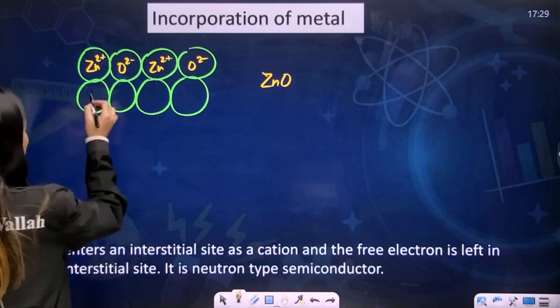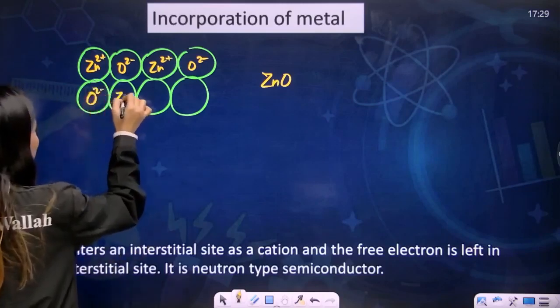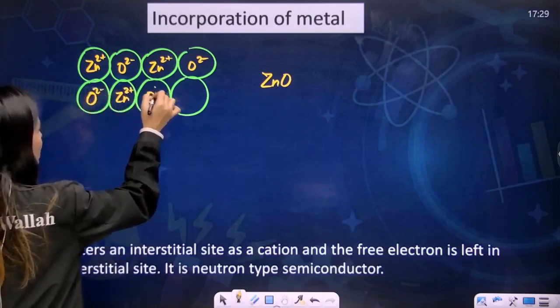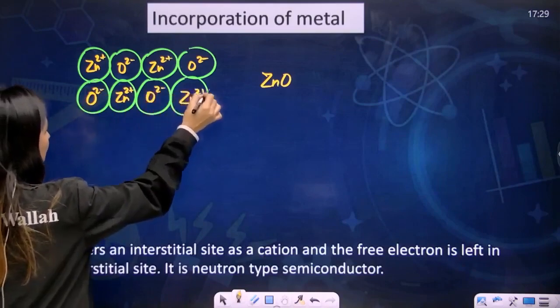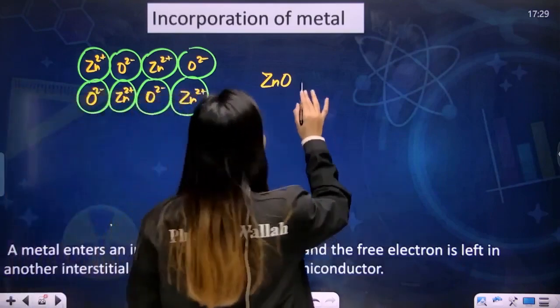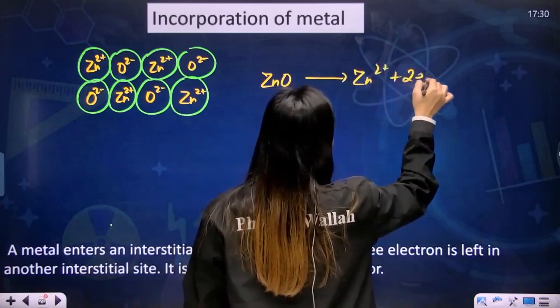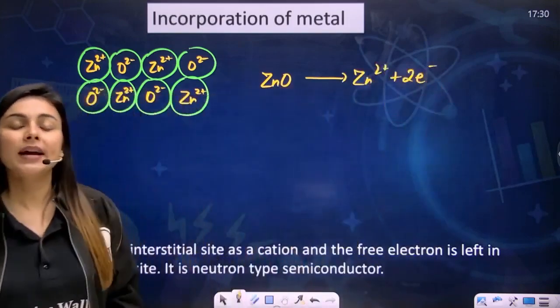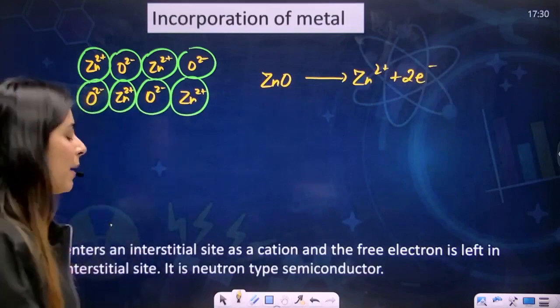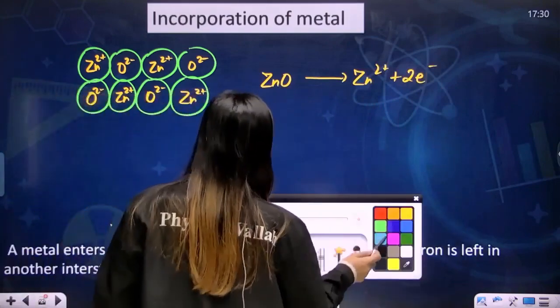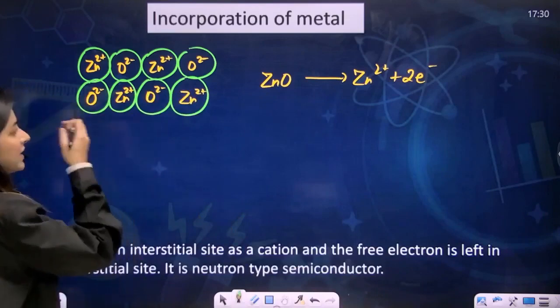Right, yes. So you have O2 minus here, you have Zn2 plus here, you have O2 minus here, and you have Zn2 plus here. If I talk about ZnO, I know that I have Zn2 plus. I have 2 electrons present here, right? Yes. So now, my dear students, what happens is sometimes in a solid, you get, let's say you have